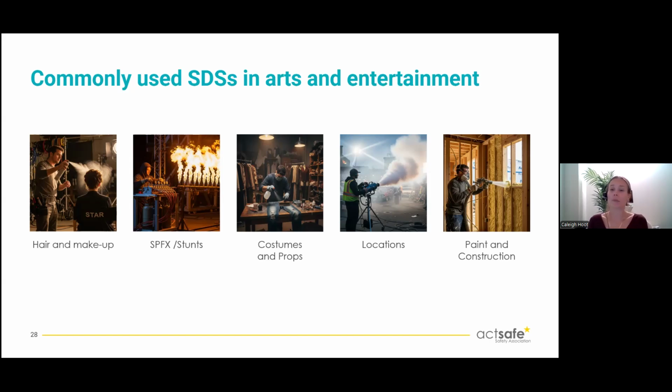But other places like hair and makeup. These can be things like certain kinds of hairsprays, adhesives, makeup removers, maybe airbrush materials, anything that can have flammable ingredients, irritating ingredients. You should probably have an SDS for something specific. So we can look at things like stunts and special effects. These could be fog fluids, smoke machines, pyrotechnics, other flammable liquids. Definitely products we want to have SDSs for that could cause a fire, that could be reactive, and that could cause any respiratory distress, right?